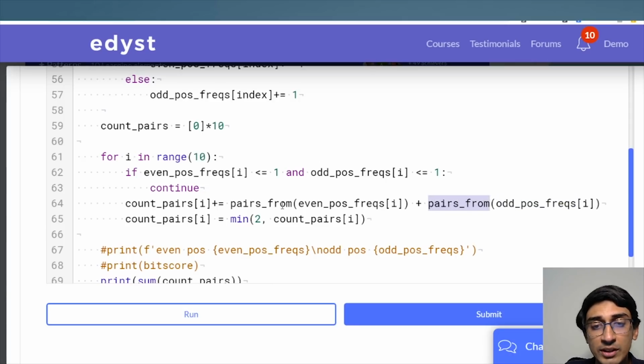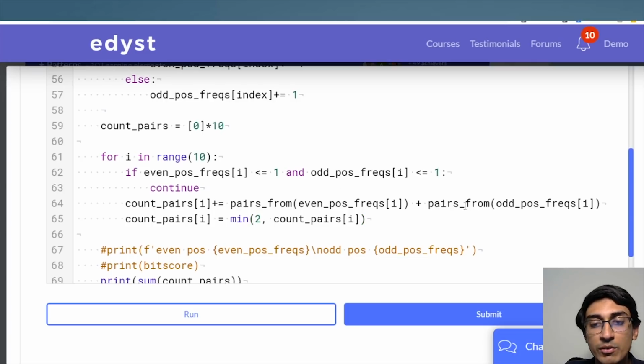And then what we'll do is we'll add both of these. If the addition of this causes a value to go above 2, we'll say no, choose 2. That is, choose the minimum of either 2 or the counting pairs, whatever we've got over here, right? So let's say the position says that there are 6 pairs possible between both of them. We said we will cap it at 2. So choose the minimum of 2 and 6, and that will be 2. So always we'll choose whatever is the minimum.